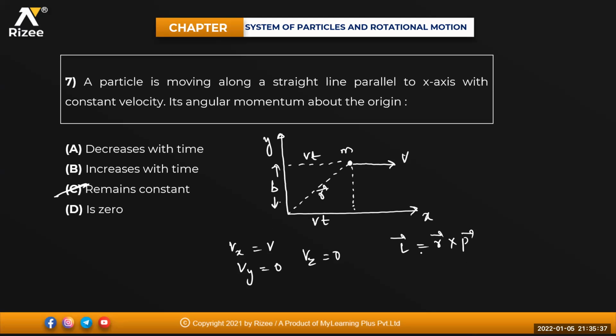Sure. What he's telling is a very good question, but a particle is moving along a straight line like this, parallel to the x-axis with some constant velocity. That means this m into v about the perpendicular distance, beta. If this distance is b, this will be equal to exactly at center 45. If I'm resolving it, this is your momentum into perpendicular distance. About the origin, this will be equal to m into v b. That is always remaining constant for me only.